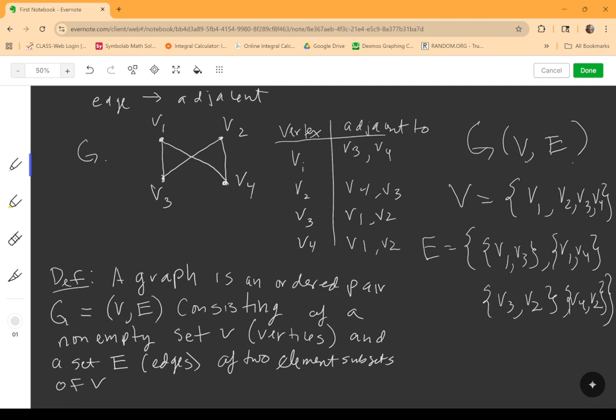Okay, so now we see an example of what the set V and what the set E look like, where V is just the vertices and E is a set of sets, and each set in E consists of two elements. All right, so that's how we are describing graphs. As you'll notice, in this course there's a lot of vocab, so it's important to take some time and be comfortable with the vocab, understand what these definitions mean when I talk about a vertex, an edge, what it means to be adjacent, things like that. Okay, so